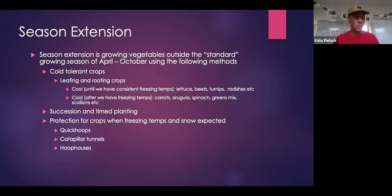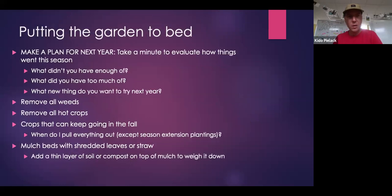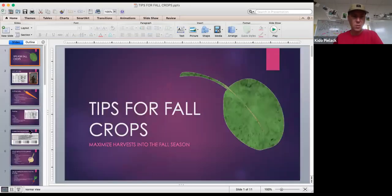I think I'll just leave that season extension concept here as something to chew on and play around with. There's some notes there in terms of what can tolerate freezing and such. I think I kind of went through the stuff here. And so let's round things out with